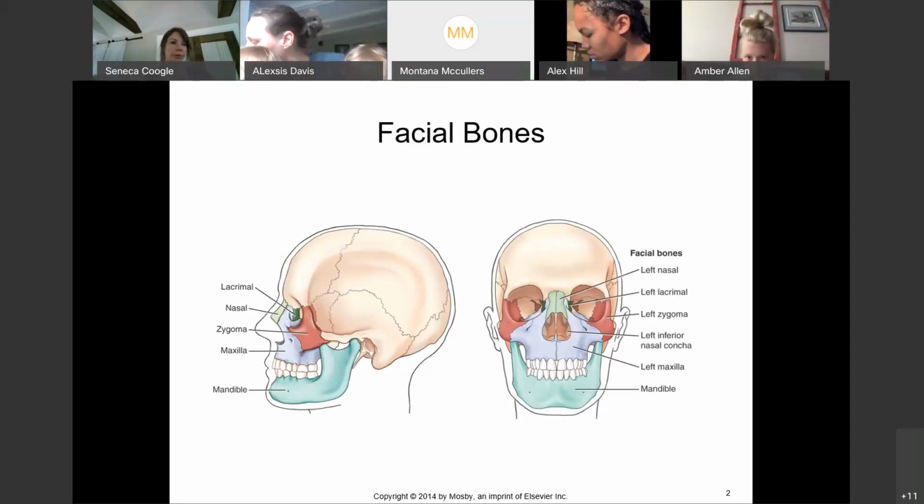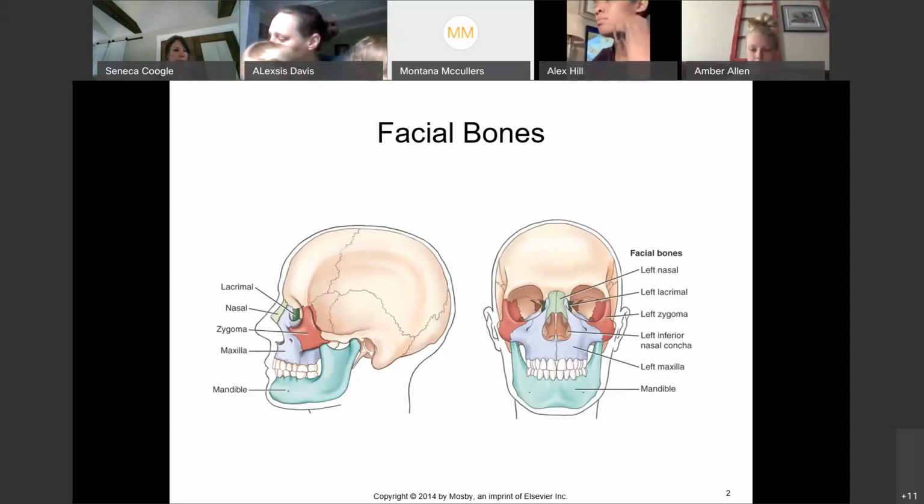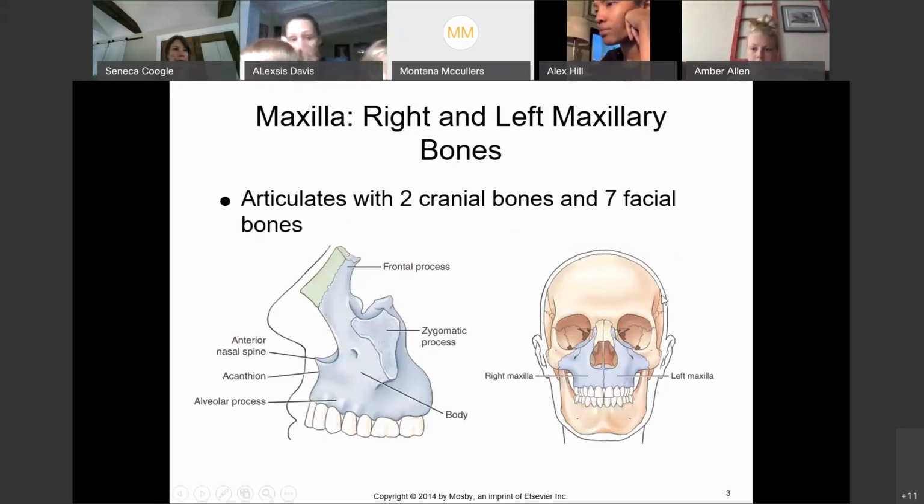2 zygomatic bones, 2 lacrimal bones, 2 nasal bones, 2 inferior nasal conchae, 2 palatine, 1 vomer, and 1 mandible. Those are your facial bones. Again, like I said, I'm going to break down mandible to go with orbit. We're not going to do orbit with facial bones. All right. So the maxilla, you have right and left. It consists of 4 processes. You've got your frontal, alveolar, zygomatic,